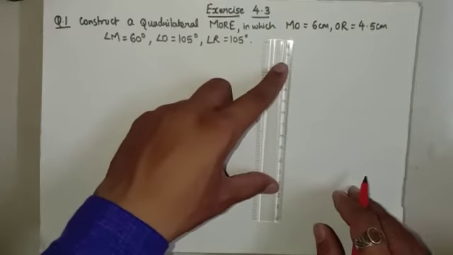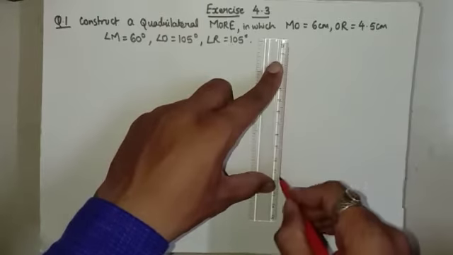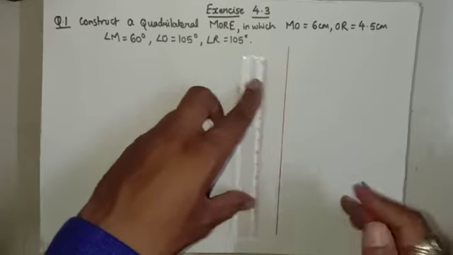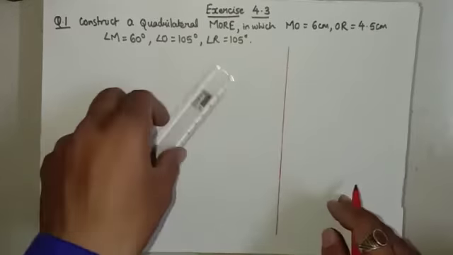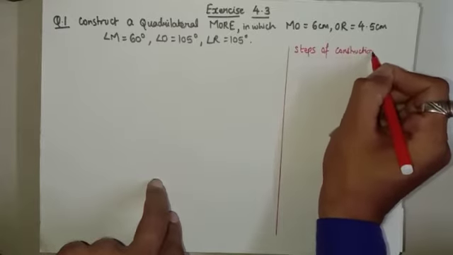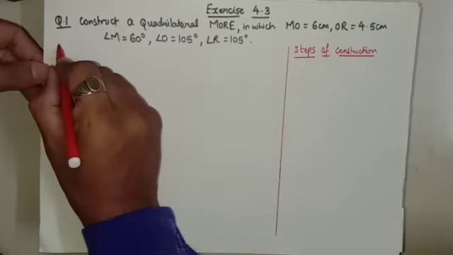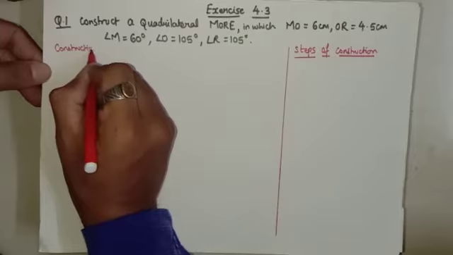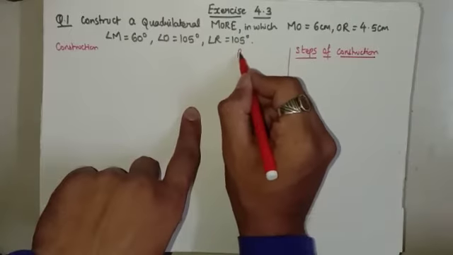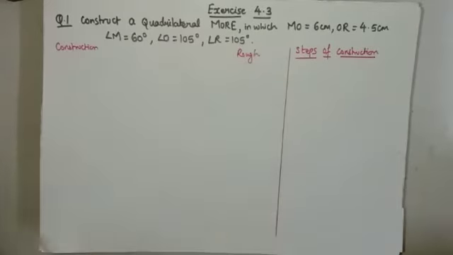So here I am dividing this page into a part for steps. Here I will be writing the steps of construction. Then here will be my fair construction, and here somewhere I am drawing my rough figure. So you follow the same procedure which I have done in the previous videos. The rough figure I will be drawing here, so this part I am keeping for the rough figure.